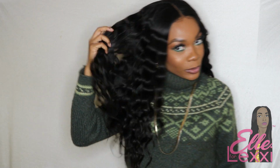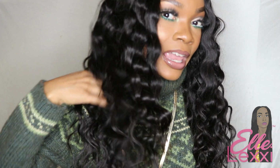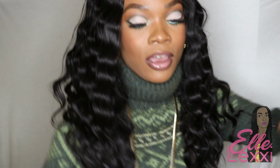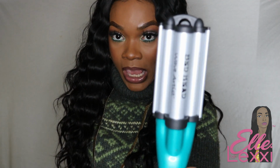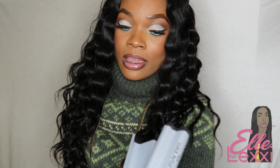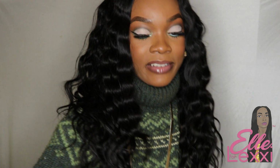My hair, I can't even talk. It's making me seasick. Okay, do you see these waves? All from this, the Deadhead Wave Artist. I was about to order this online, but I found it one day when I was out with my dad at Walmart. I had to buy it, and I do not regret it,